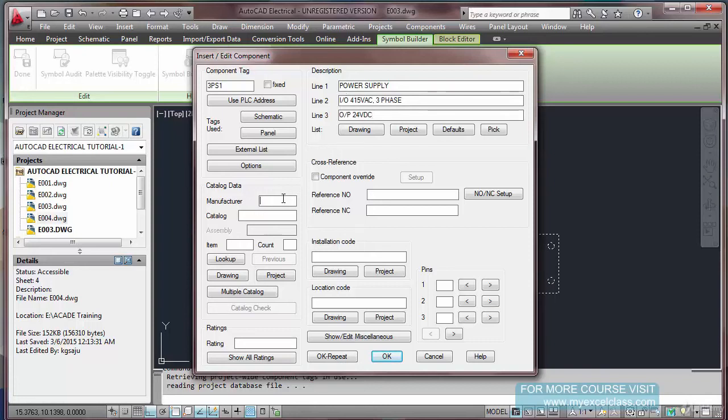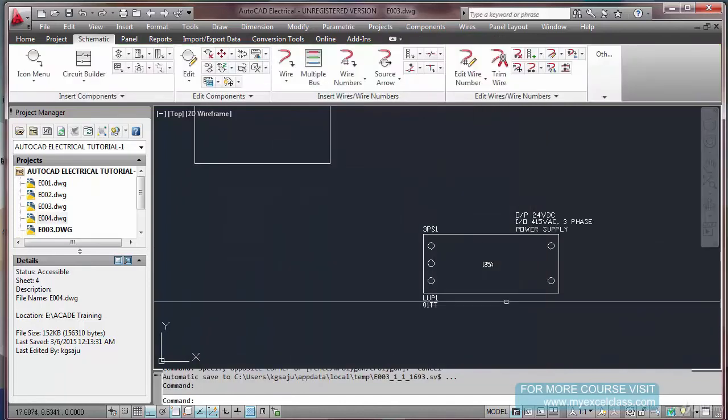Okay, manufacturer, let us say Phoenix, catalog number 123 XXX, count 1, installation code, lineup 1, panel number 1, rating, let us say this 125 ampere. Okay, see,